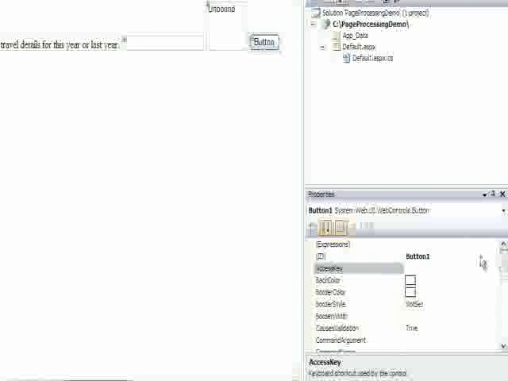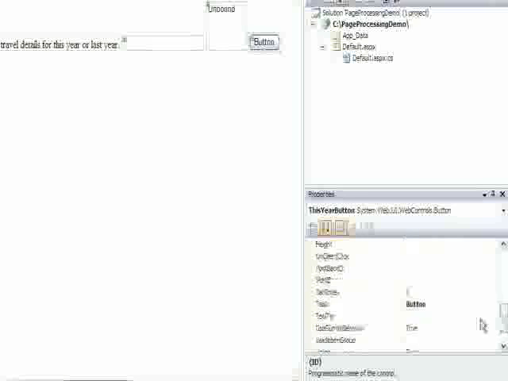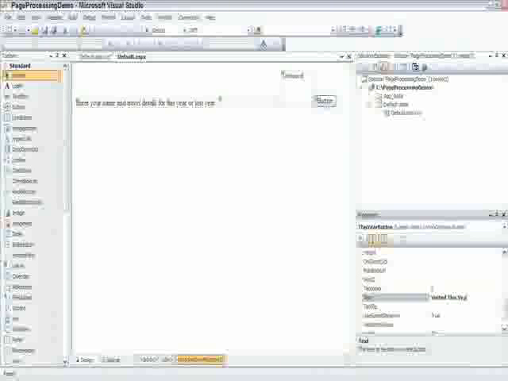Let's set the button to have an ID this year button, and we'll set the text to be visited this year. So the idea is that the user can enter their name, choose countries that they've visited this year, and then